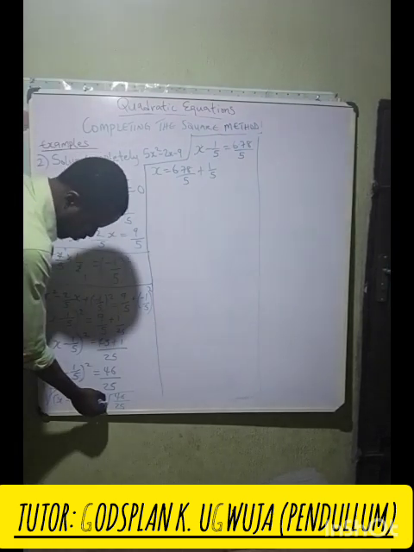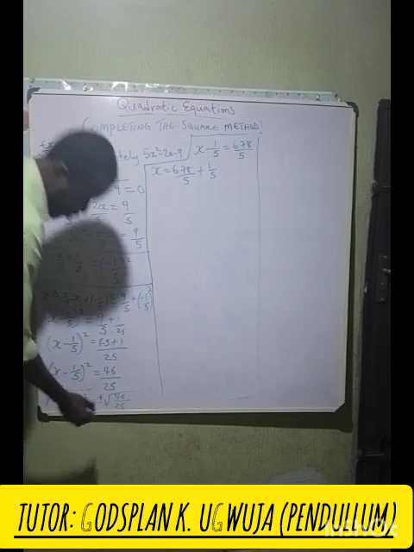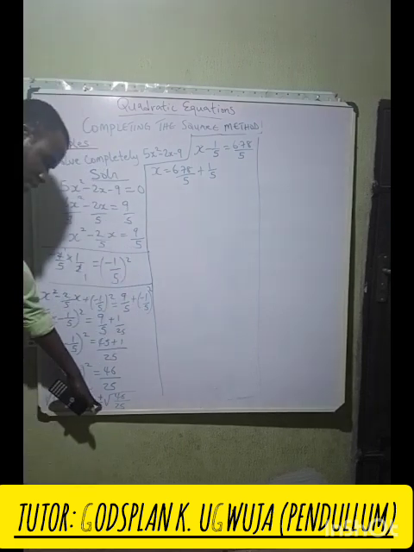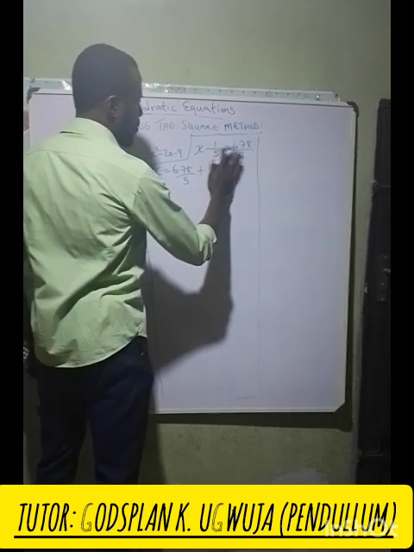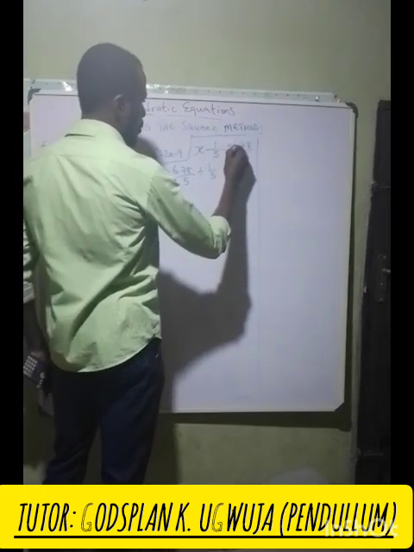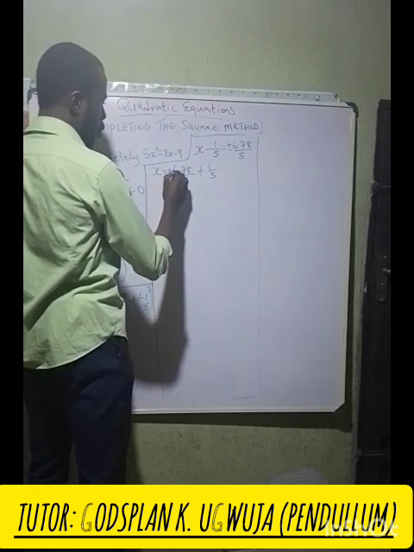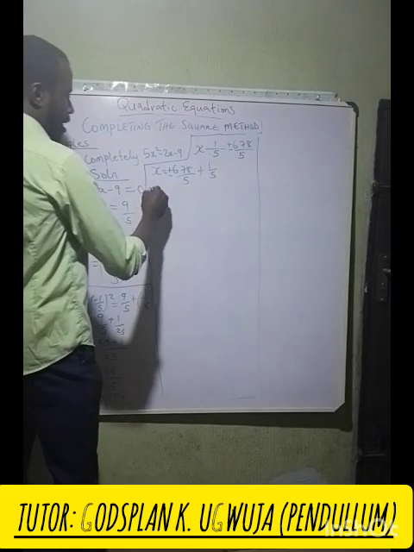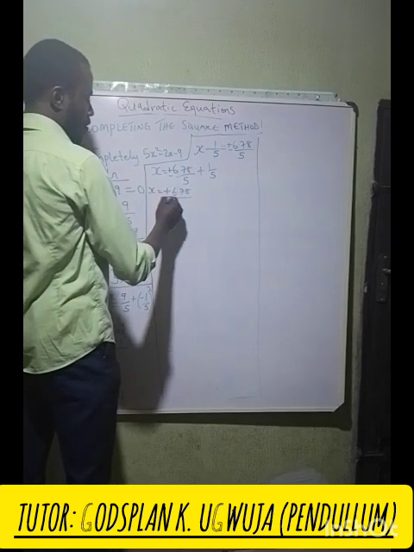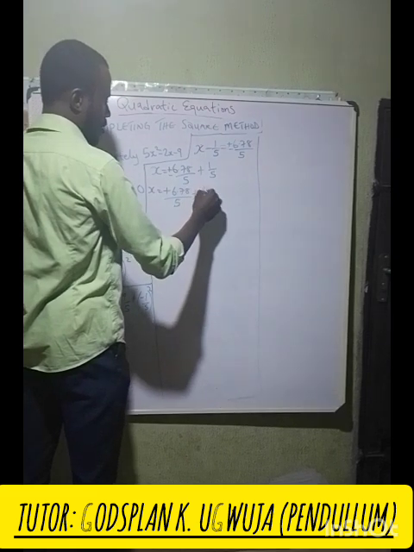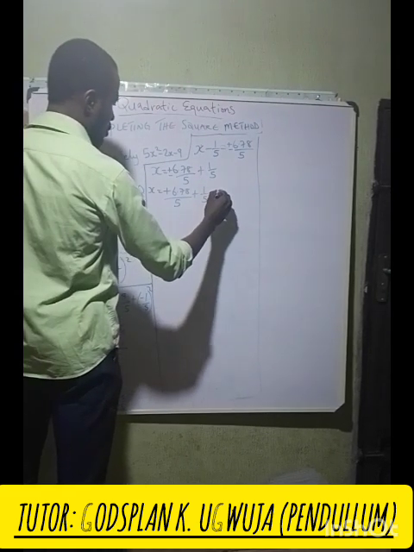Remember that square root is always plus or minus. Sorry, please don't omit this, because if you omit this, you'll not be able to get the two answers you're supposed to get. So please remember that square root is always plus or minus. That means you're going to be having plus or minus. That means x is either plus 6.78 over 5 plus 1 over 5, or